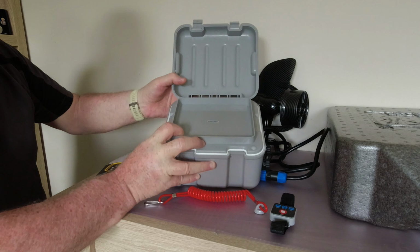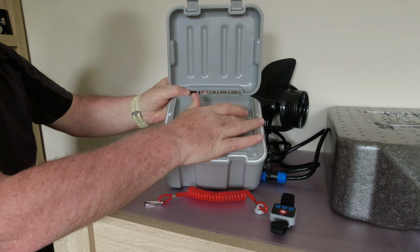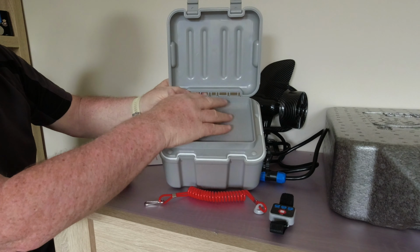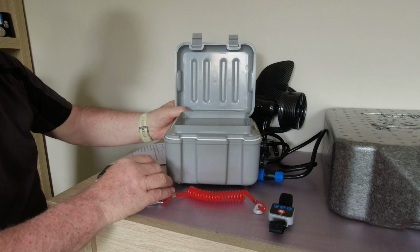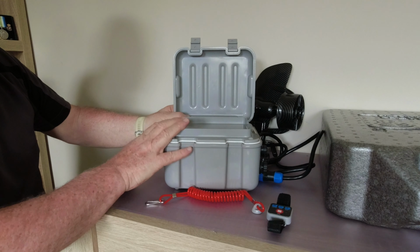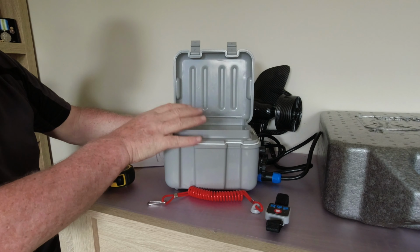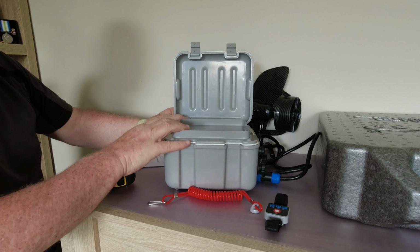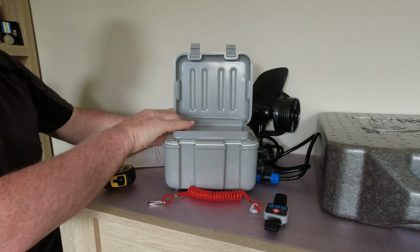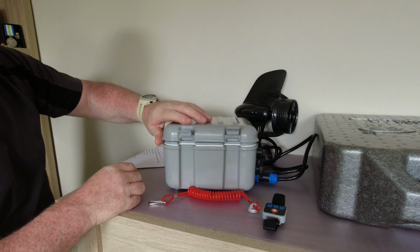It's not a con, but one of the things that I would have liked was a piece of non-slip material, really thin, in the base there, just to stop things sliding around and rattling. I know when you're out using it, obviously these things will be out of the box anyway, so there probably won't be anything in there. But just for transportation, I will get something and put it in there just to stop things sliding around. So if I shut that down,